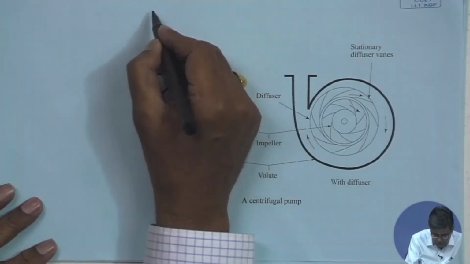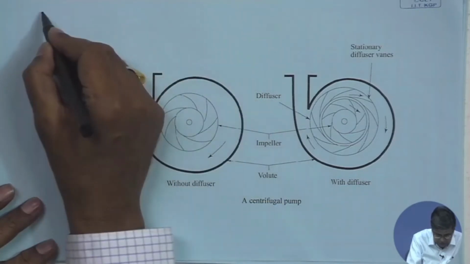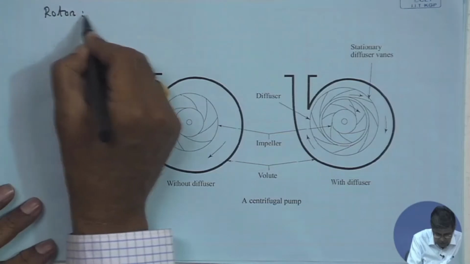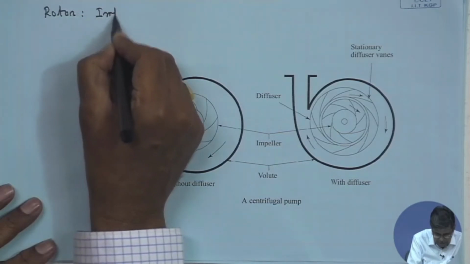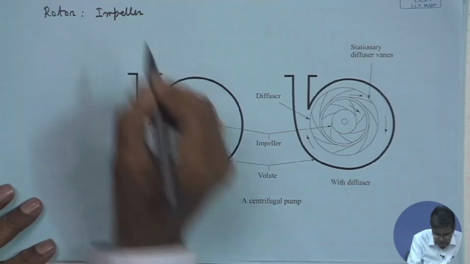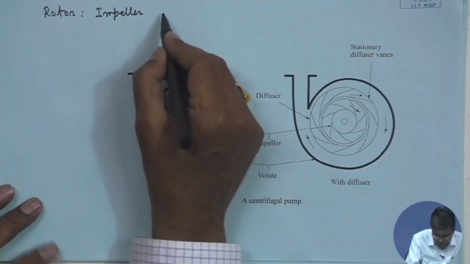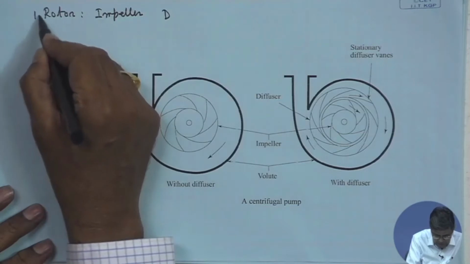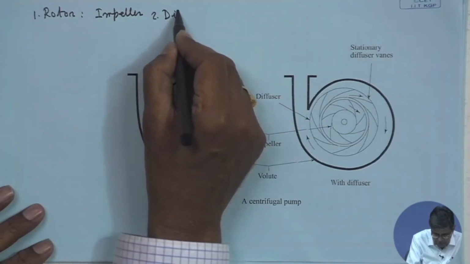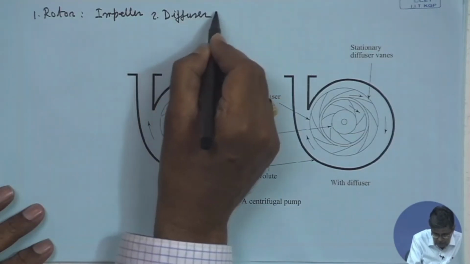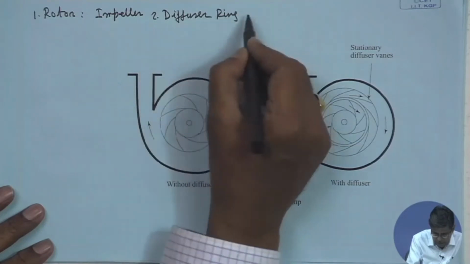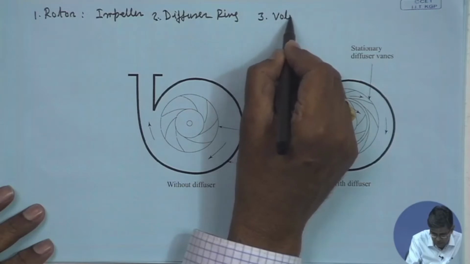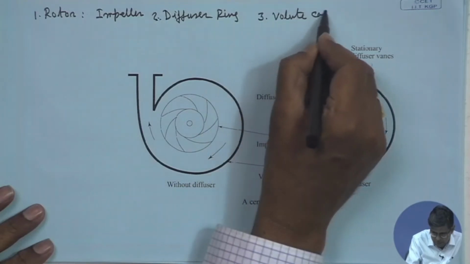The basic components of a centrifugal pump are, number 1, the rotor, which usually is known as the impeller; number 2, the diffuser ring; and number 3, the volute casing. These three main components